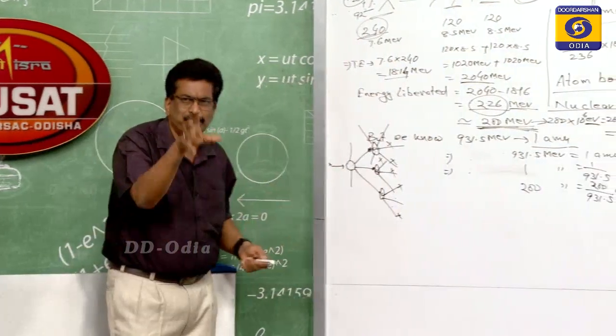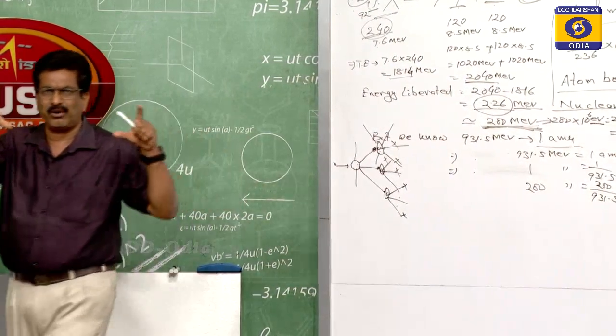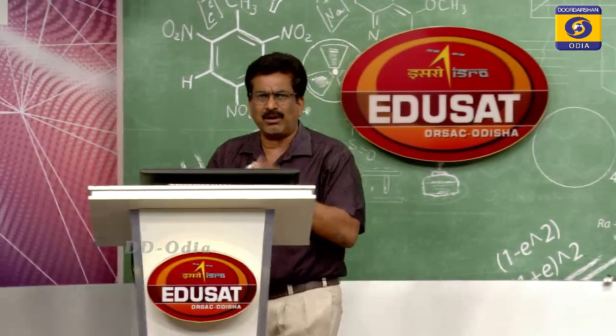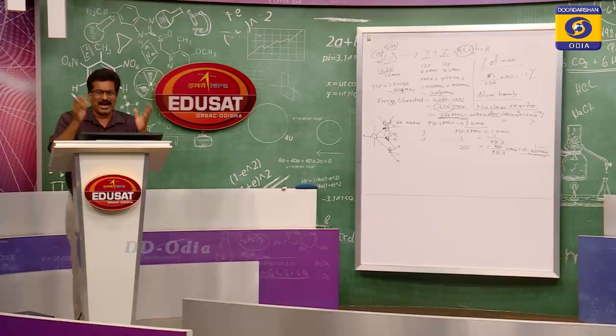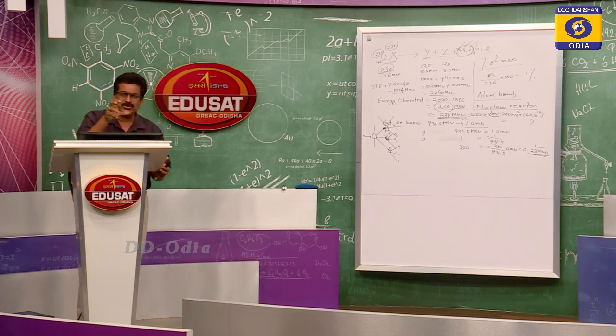To control the neutrons, there is a control rod. That control rod absorbs the neutrons, and a smaller number of neutrons pass. As per the calculation, per fission it produces this amount of energy. And with the liberation of that energy, the surrounding bears the heat. To cool it down, we are using coolants.